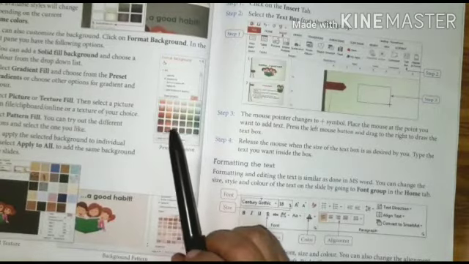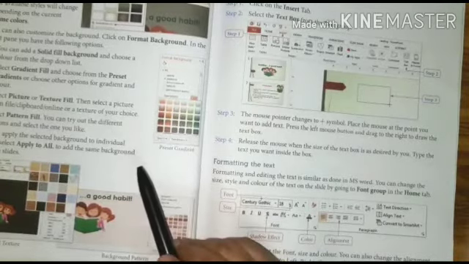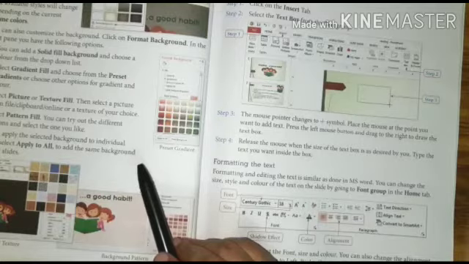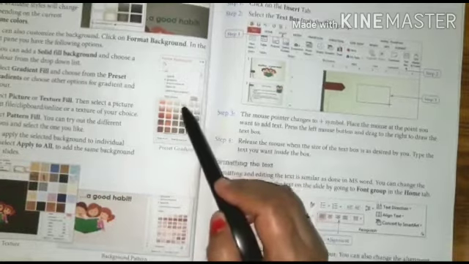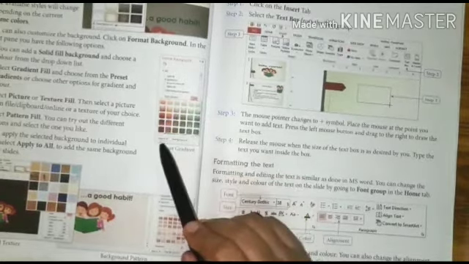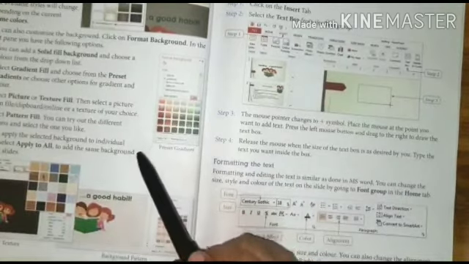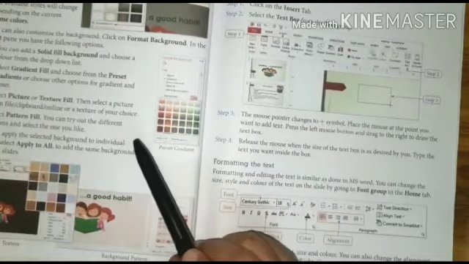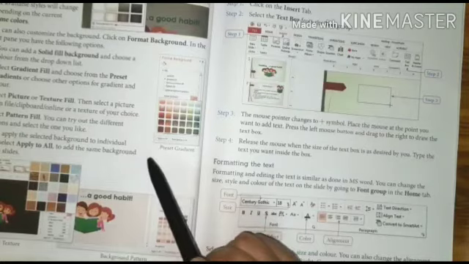Click on Format Background. In the right pane, you have the following options. You can add a solid fill background and choose a color from the drop down list. Select gradient fill and choose from the preset gradients or choose other options for gradients and color.